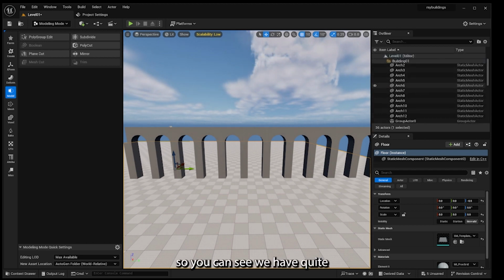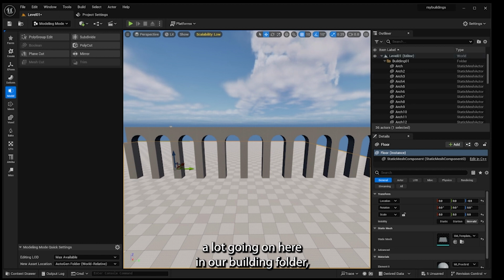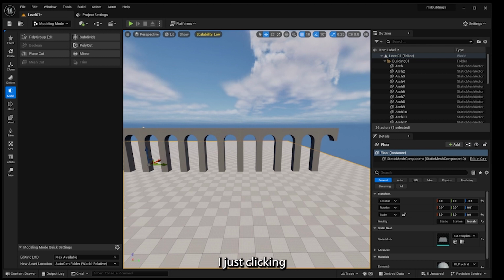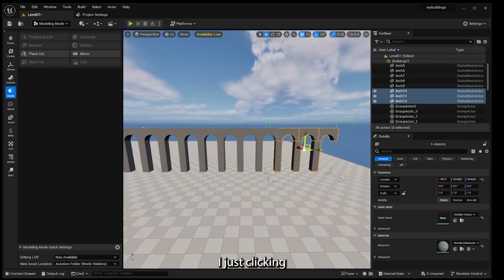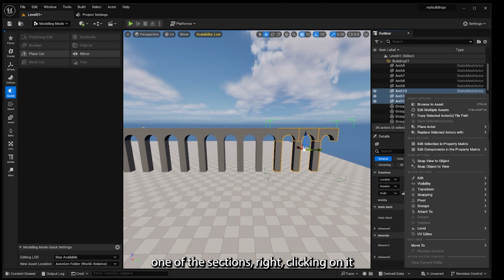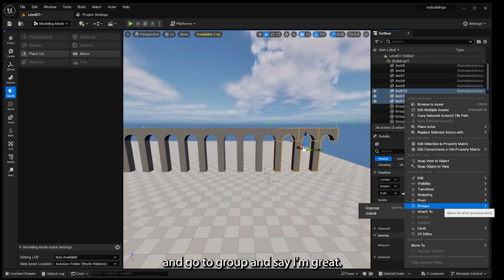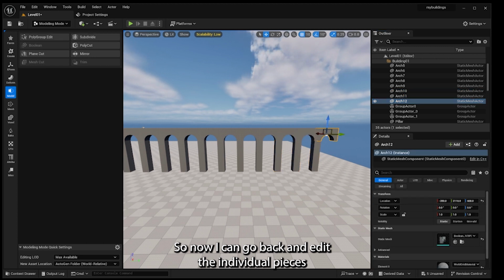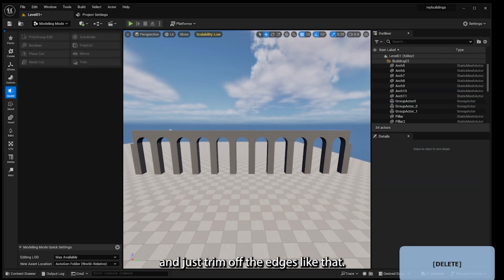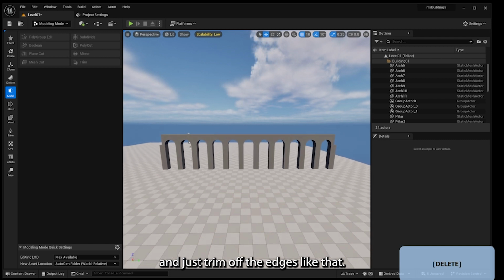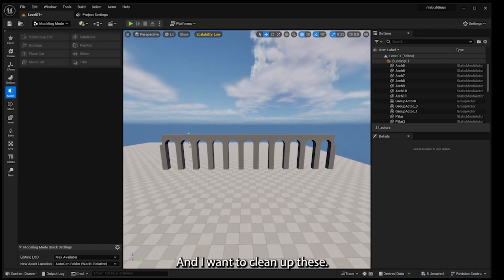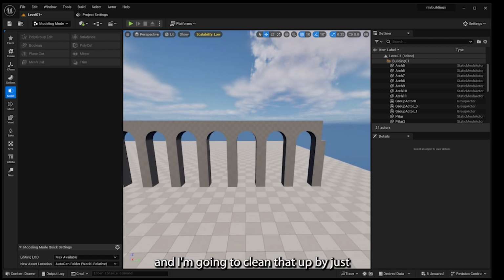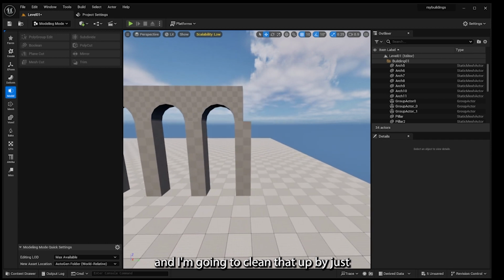So you can see we have quite a lot going on here in our building folder, but I'm going to clean up the edges first by just clicking one of the sections, right clicking on it, and go to group and say ungroup. So now I can go back and edit the individual pieces. I'm going to just trim off the edges like that. And I want to clean up these, you see it's got this kind of like little bite off the top. And I'm going to clean that up by just